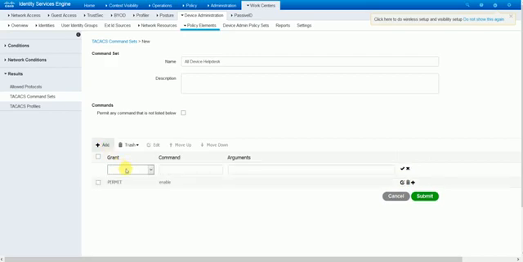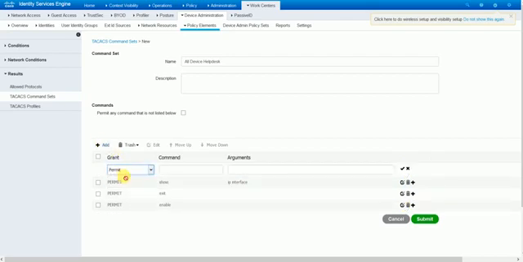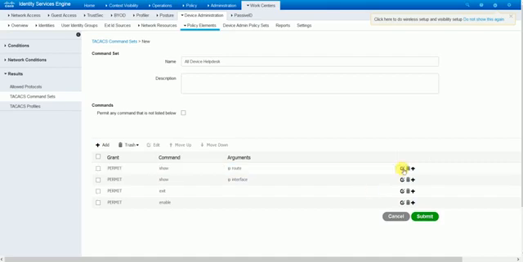Add one more command, permit, then exit, permit, let's say show IP interface. Then one more command, show IP route. So these are the commands which I am granting for the help desk user.